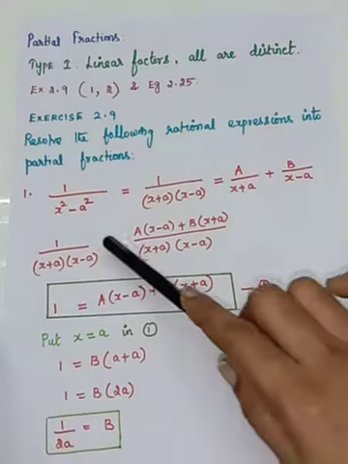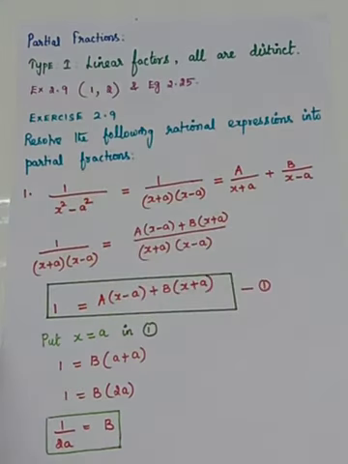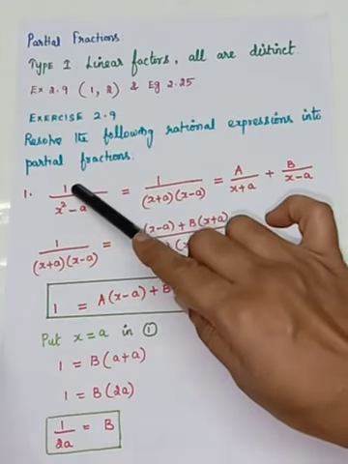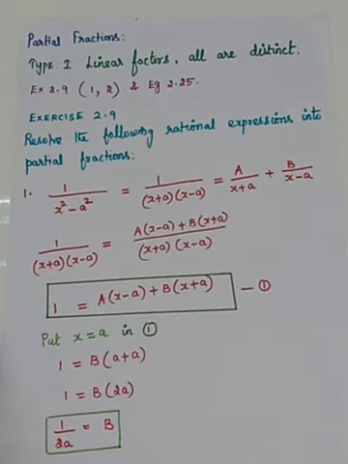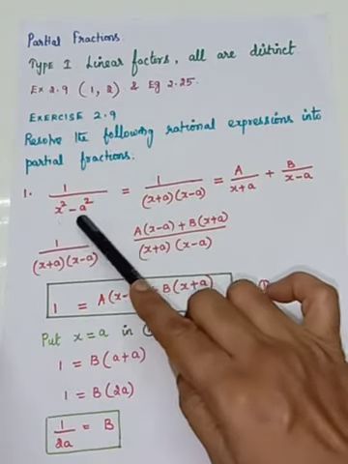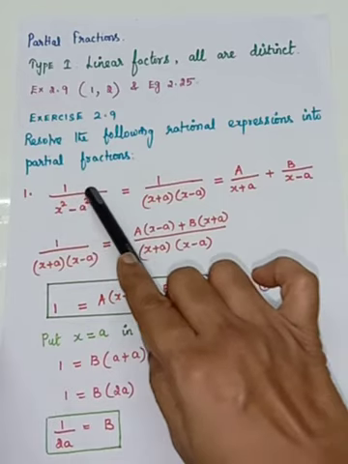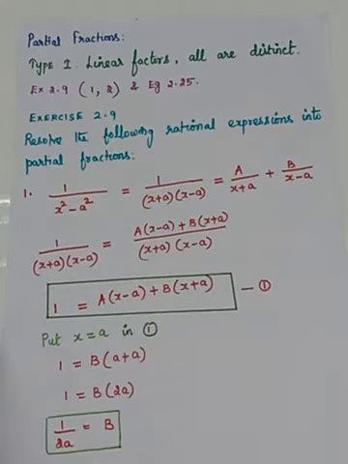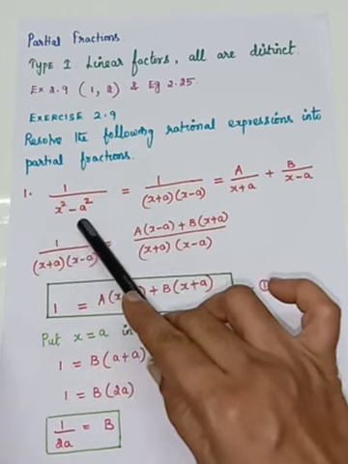Now, what is the numerator degree? Degree is nothing but the highest power of the variable. Here, no variable is involved. Here it is a constant, whose power is 0. So the degree of the numerator is 0. Come to the denominator. What is the degree? It is 2. The expression whose degree is 2 is called a quadratic expression. So here you have the quadratic expression.